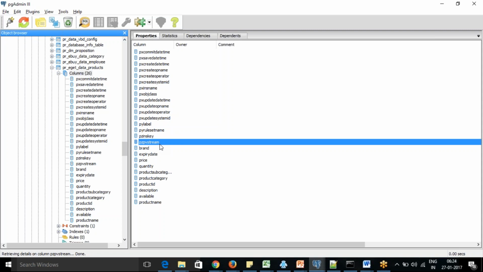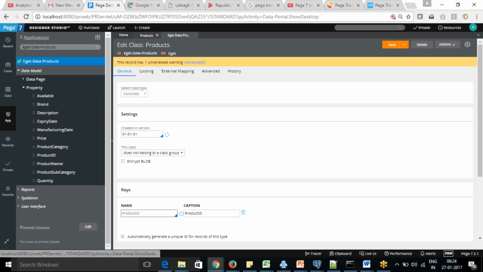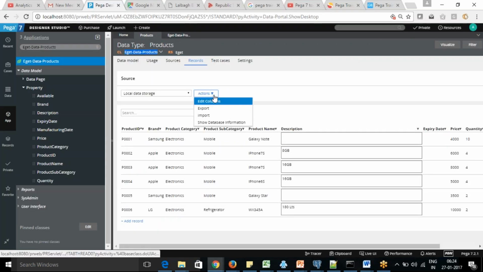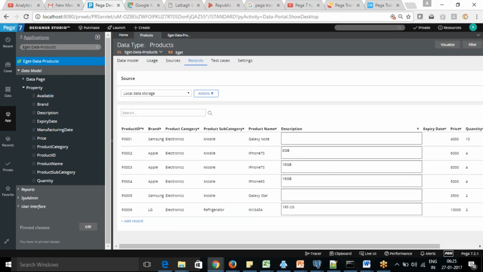So if you don't create the column separately, you need to refer to this pzPVStream to display that. If you go and edit the column here, you have now added the manufacturing data as well.